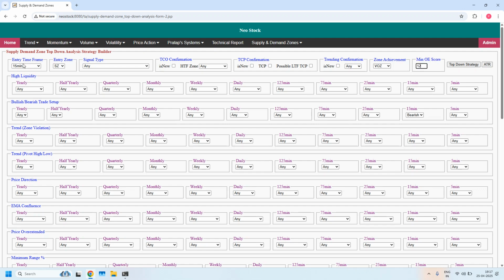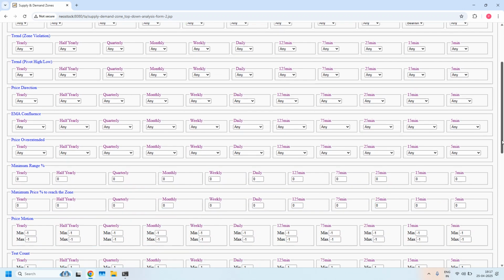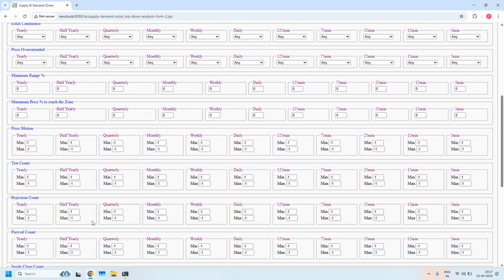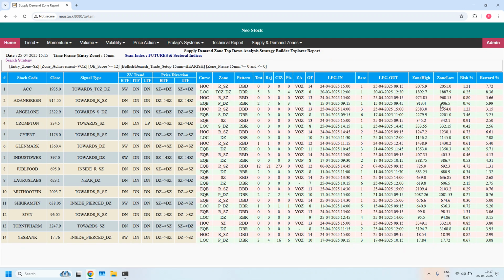And this 15 minute supply zone should not be pierced. So that's why in the pierced count, at 15 minutes time frame, minimum value 0, maximum value 0 we are setting. With these filters, we got 14 stocks. These 14 stocks are supporting bearish trade setup for